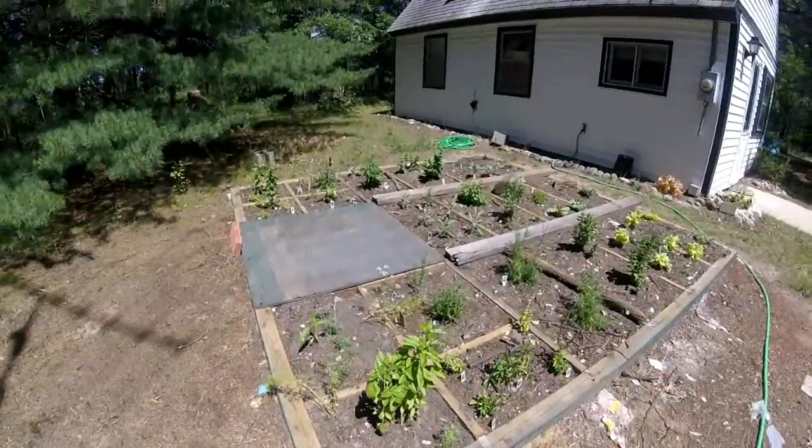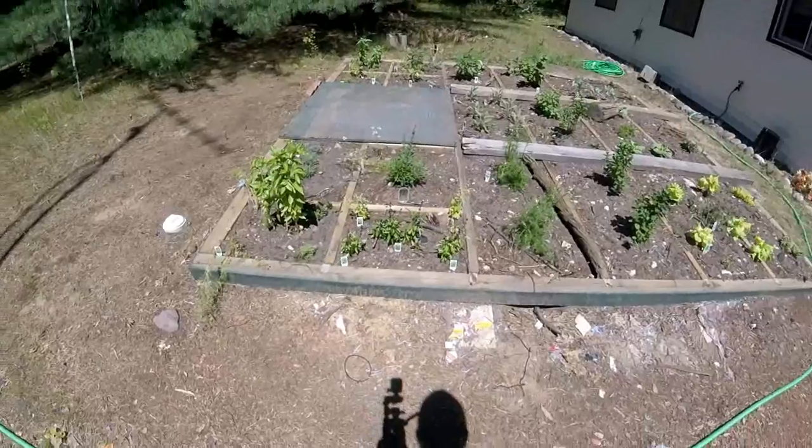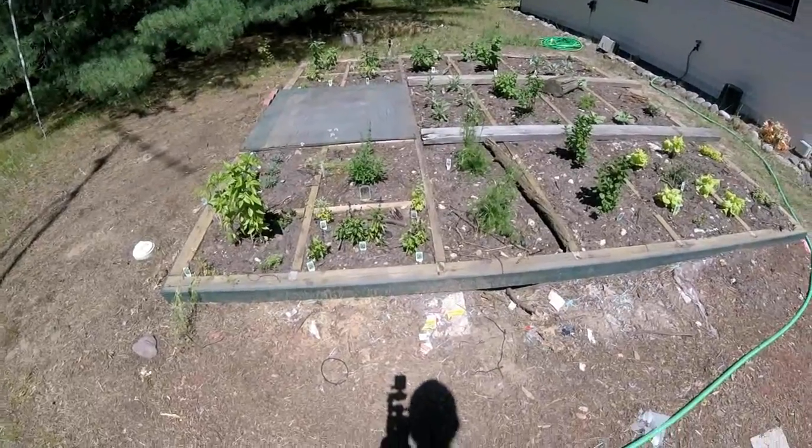I'm taking a break inside and working on a video, but I forgot to show you an update on the herb garden. It's looking quite beautiful. I think some mulch would really add to the appearance of this, make it look really, really good. But here we have